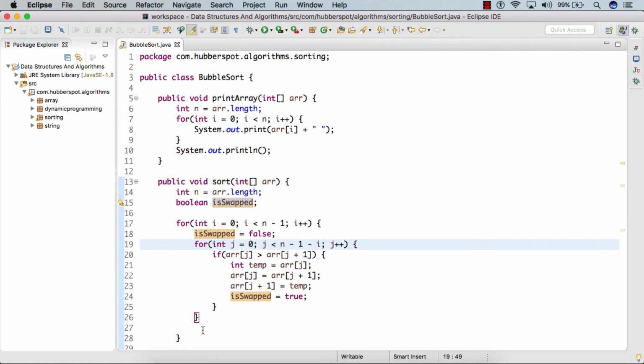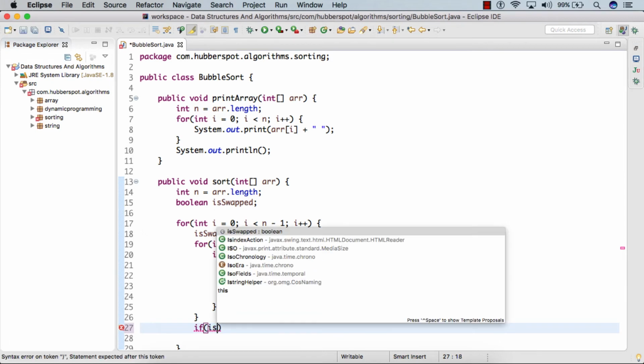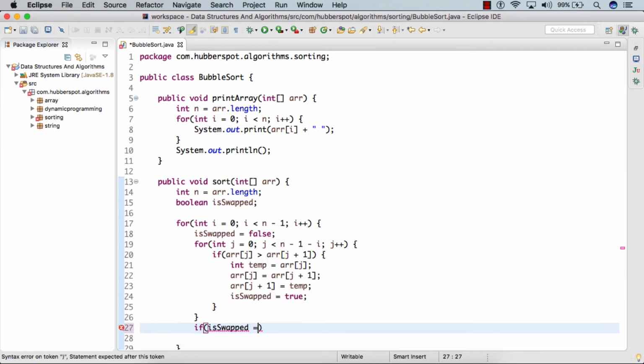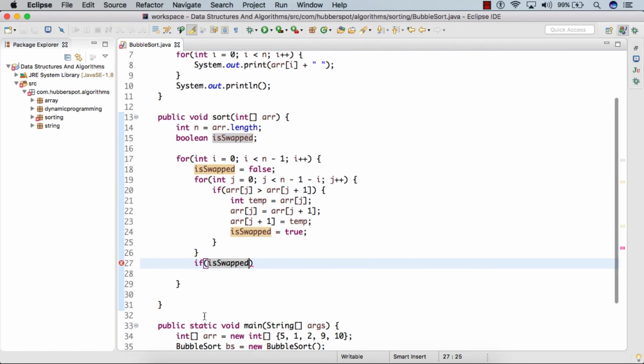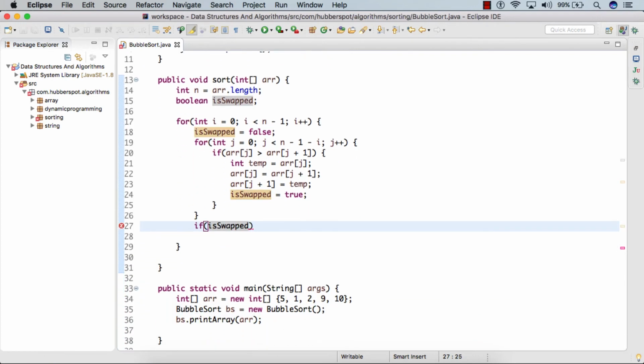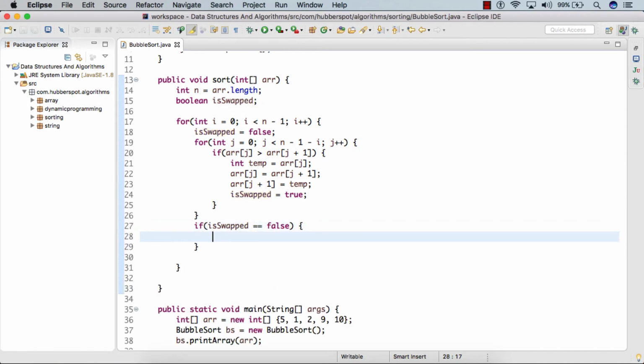After every iteration, we check whether we performed any swap or not. If we didn't perform the swap, we know that the array is already sorted, because all the adjacent elements are at their correct positions. So we break from this algorithm.